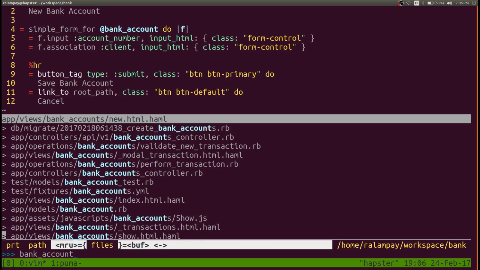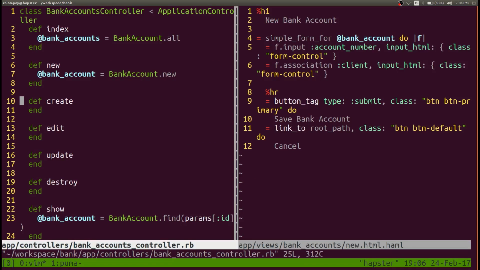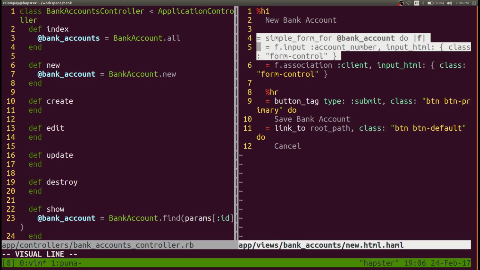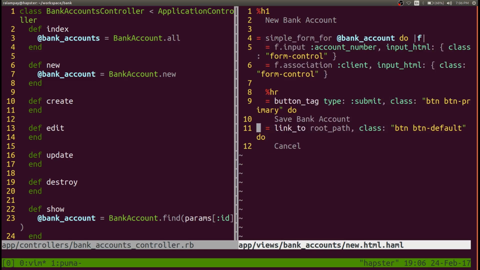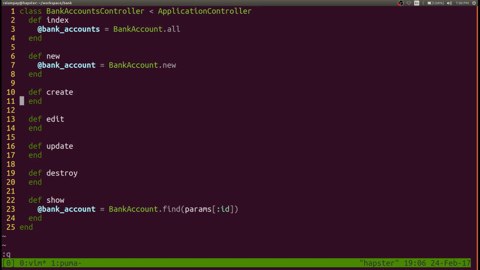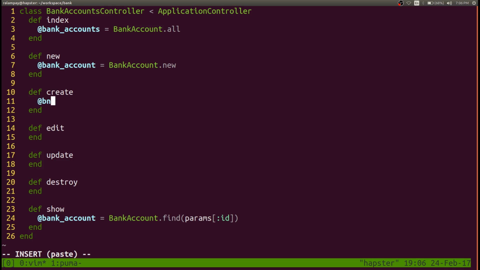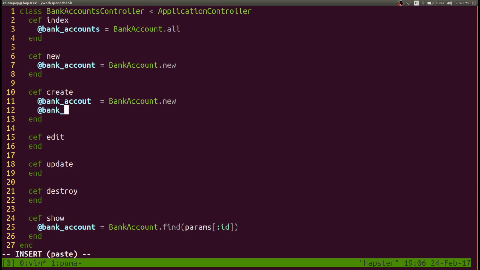Bank accounts controller. Okay, so it will actually fall under this section of the controller after a user submits data from this given form. Now, the typical code for this part of the controller will look something like the following. Bank account equals BankAccount.new, and then you can fill in the parameters: bank account, let's say balance, or no, sorry, rather account number is equal to